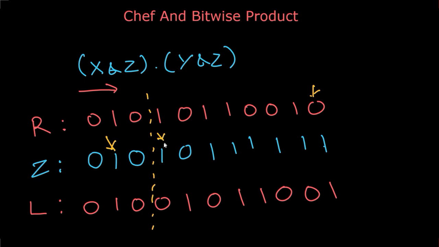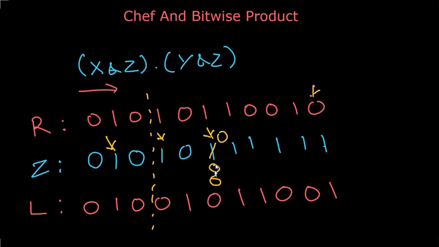Next we come to this bit 1. Can we make this bit 0? No, we cannot make this as 0 because it will again become less than L. Then for this bit, can we make this 1 as 0? So if we make this as 0, Z will still be between L and R, but our answer should not change. So our answer will not change if and only if the corresponding bit of X and the corresponding bit of Y both are 0 over here. So the X bit over here is 0 and the bit in the Y value is also 0 over here. Then we can make this bit as 0.